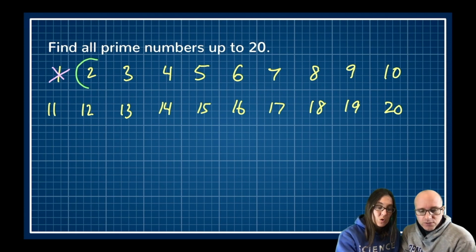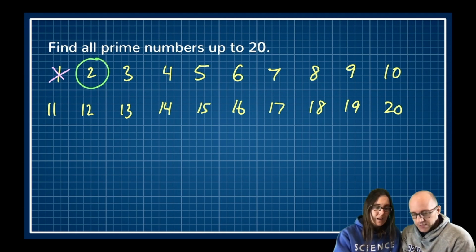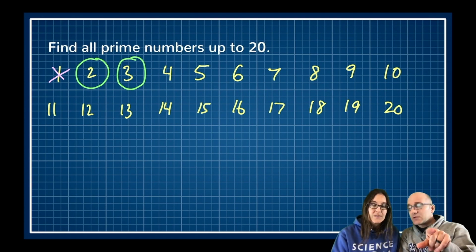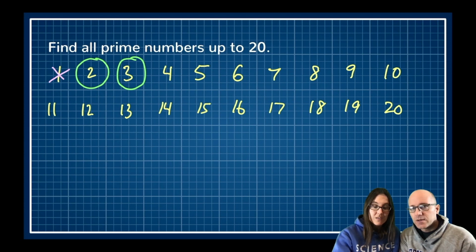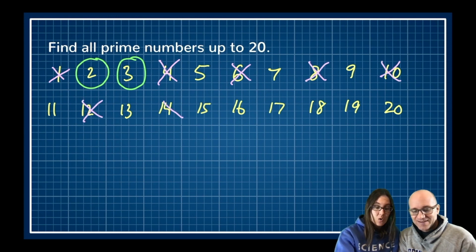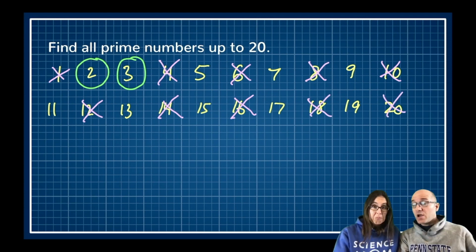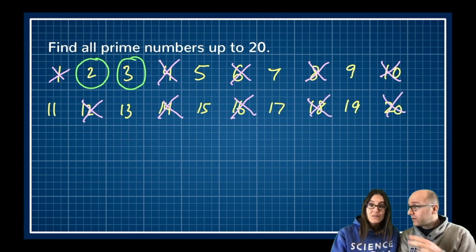Okay. So 2 is definitely a prime number, and so is 3. Okay, well, let's actually stick with those multiples of 2 for a moment. So 2 is prime. What ones do you know are not prime just from that fact? Oh, I know that anything that is a multiple of 2 is not prime. So 4, 6, 8, 10, 12, I can just go and get every other one. That's right, you can cross them off. We know that they will have a factor pair that involves a 2.